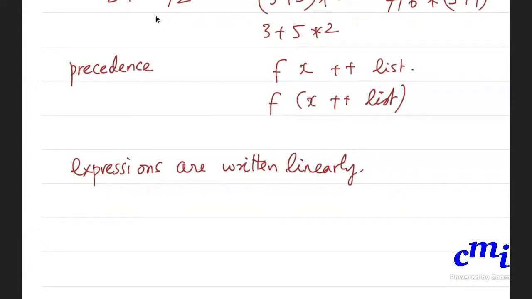You have a line of text, you write from left to right, and that is how you know how to write expressions. But in actuality, these expressions are better represented with more structure. You can make the structure more explicit. For instance, if it is 3 plus 5 into 2, you can write it like this. It is the plus of two expressions. The first expression is 3. The other expression itself has structure: it is the multiplication of two expressions, 5 and 2.